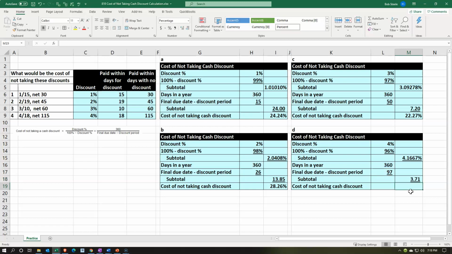And finally, we will take the cost of not taking the discount being equal to the 4.1667% about times the 3.71, and now we're at 15. So obviously we have a longer time frame. The discount was higher here, but we have a much longer time frame being able to not pay if we don't take the discount, to the 115. If we were financing this and we needed to finance this to pay within the discounted time period, then as long as we're financing it with a loan that was below the 15%, then you would think it would be